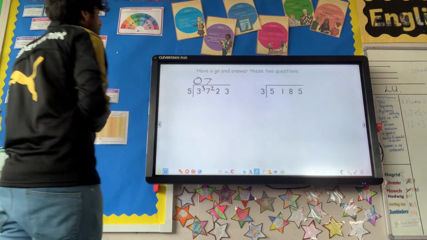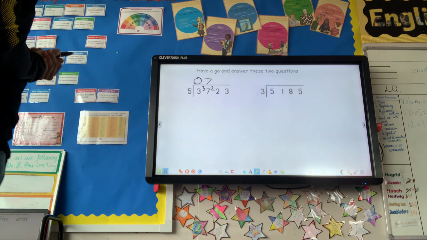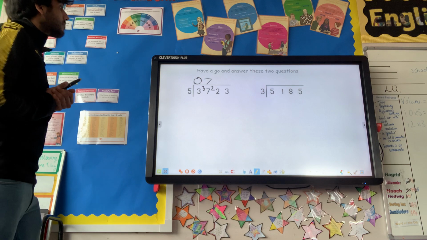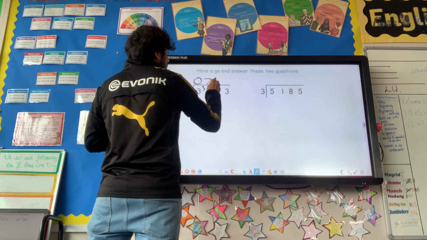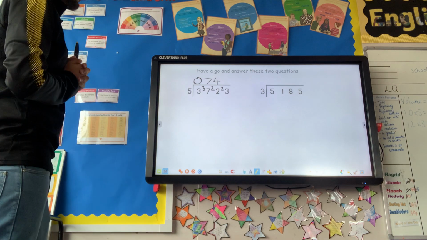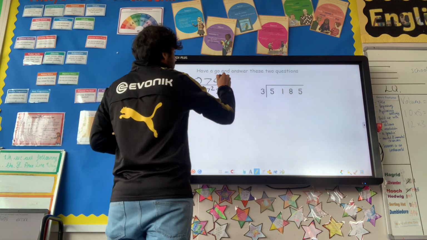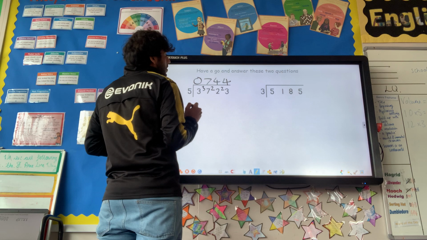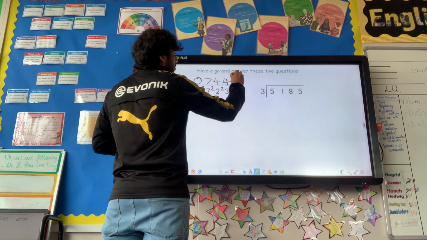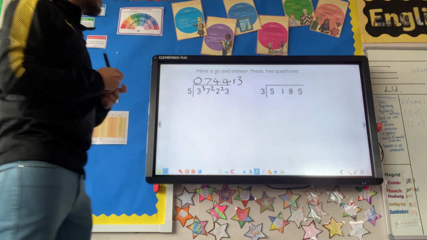So 5 into 22. Well, I know 5 times 5 is 25, so that's too much. And 5 times 4 is 20, so it goes in 4 times with 2 left over. So again, 23, I know it goes in 4 times, but 3 are left over, so we'll have a remainder of 3. Next one,